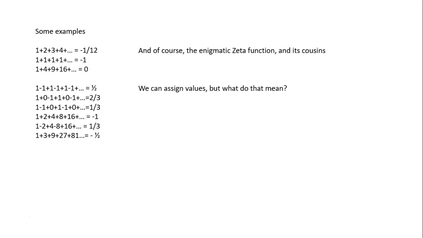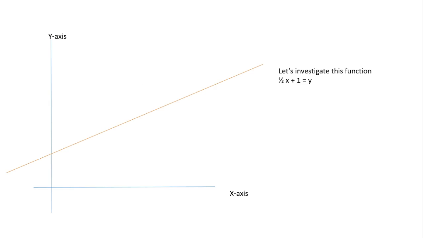Here are a couple of examples. Of course, you've got the enigmatic zeta function and its various cousins, such as the eta function. We have these other miscellaneous series. I could go on here, but that's not my point right now. I want to investigate a couple of them from a unique standpoint. It recently came to my attention that at least one gentleman figured this out, or used a similar method on Grandi's series about 1830. But I haven't heard too much more since then. So let me show you what I'm doing here.